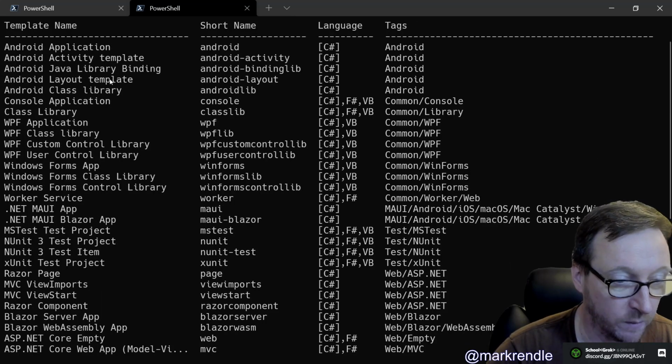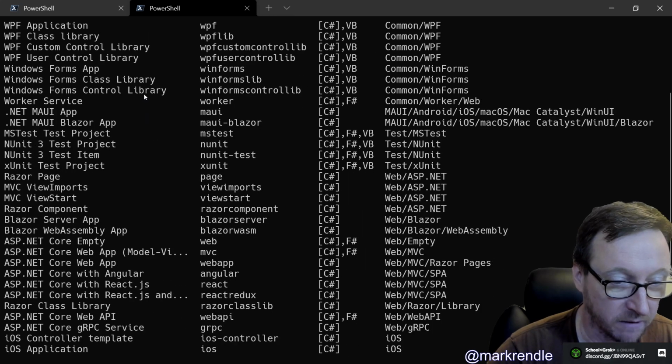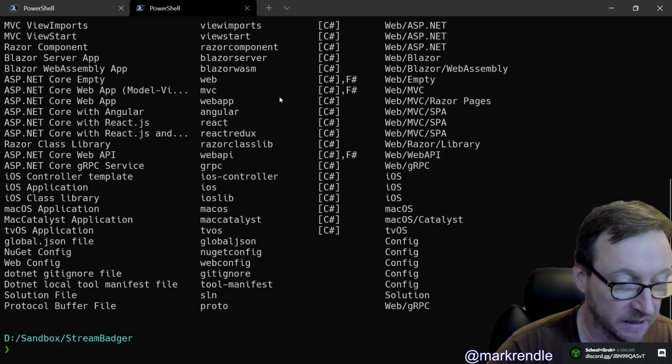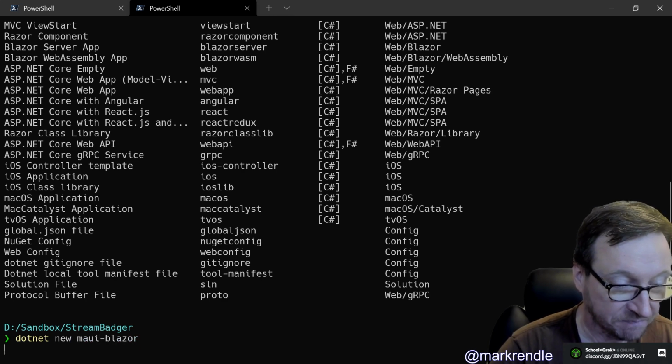There's a whole bunch of new ones that have shown up after running various things, including the .NET MAUI Blazor app, maui-blazor. So if I do dotnet new maui-blazor,